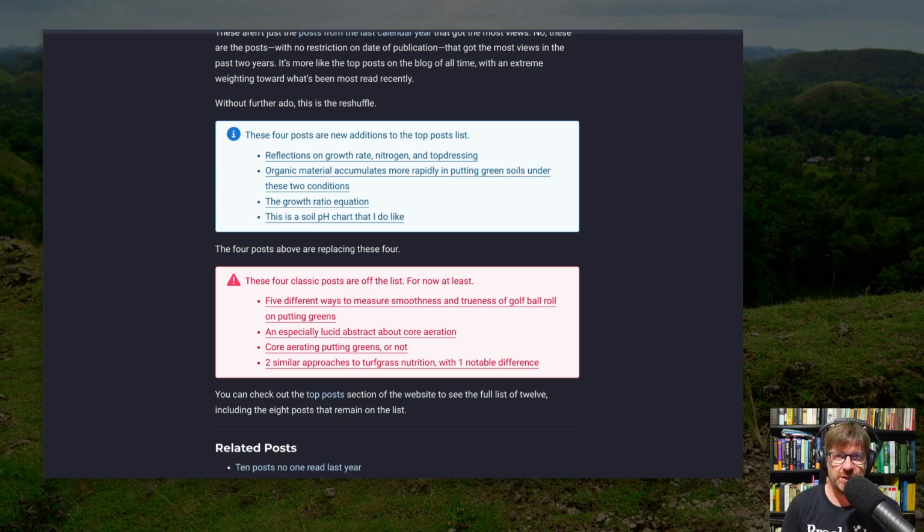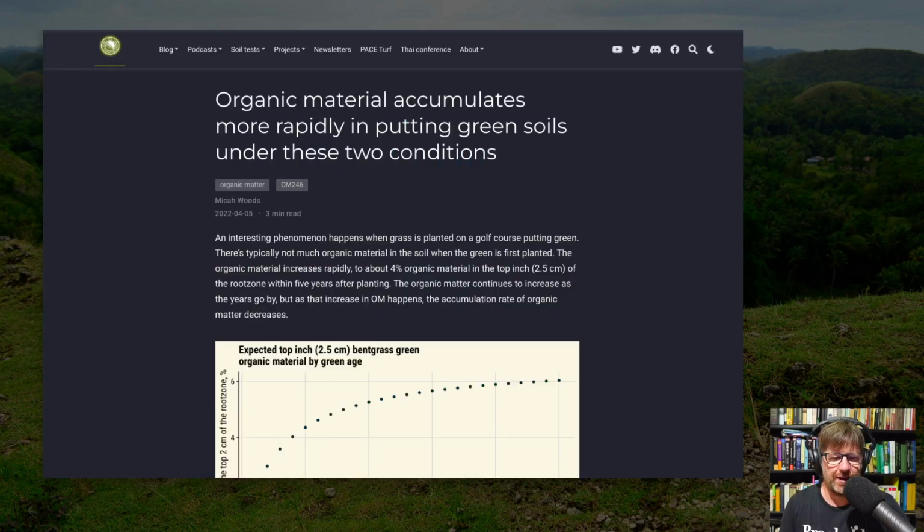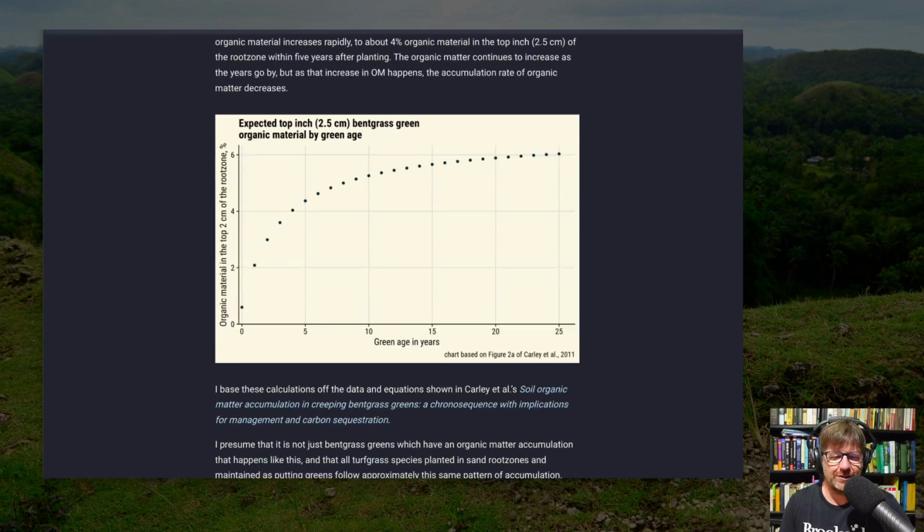And that's a post actually from 2 or 3 years ago that was not on the list, and it's now on the list. I think this one is one that everybody should be aware of. Organic matter accumulates more rapidly in putting green soils under these 2 conditions. Those 2 conditions are, let me double check, the 2 conditions are